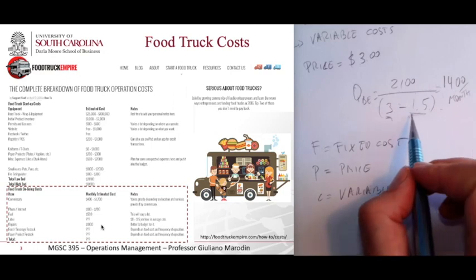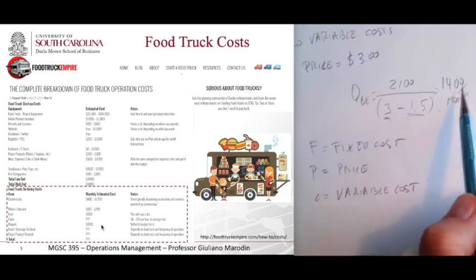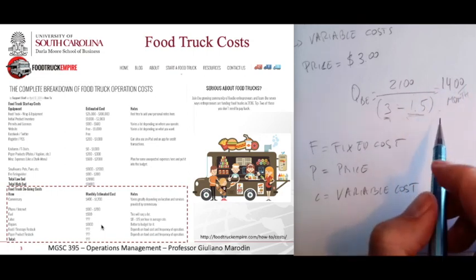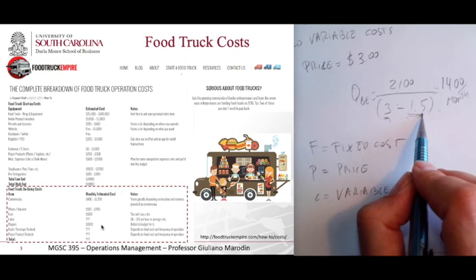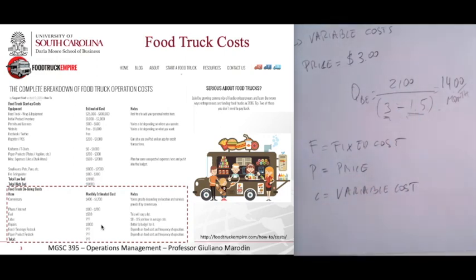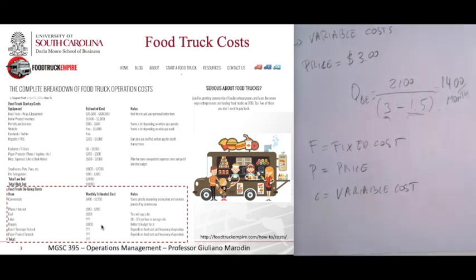If I think that this is too many tacos, right? To start making $1.5 per taco, I need to sell 1,400. I don't think this business is going anywhere, right? I need to reduce my costs or reduce my fixed costs or do something else, right? So make sure that it's kind of feasible to sell more than this, right? I'm still not making any money if I sell 1,400.